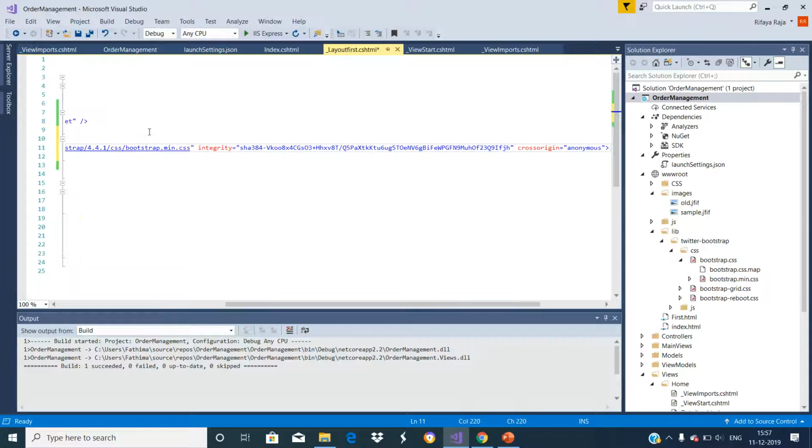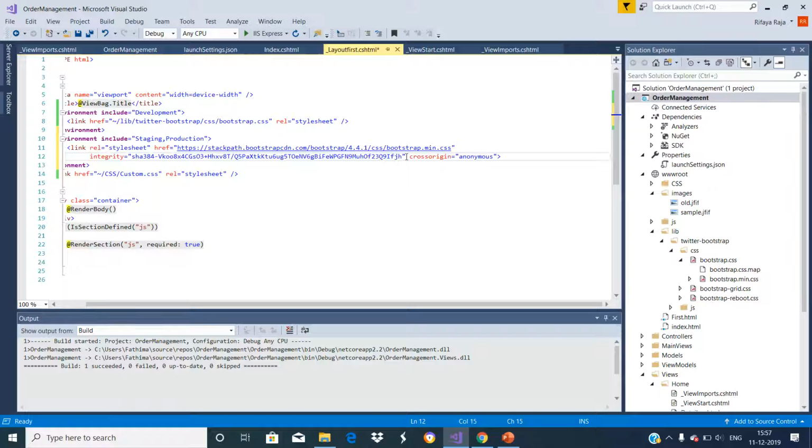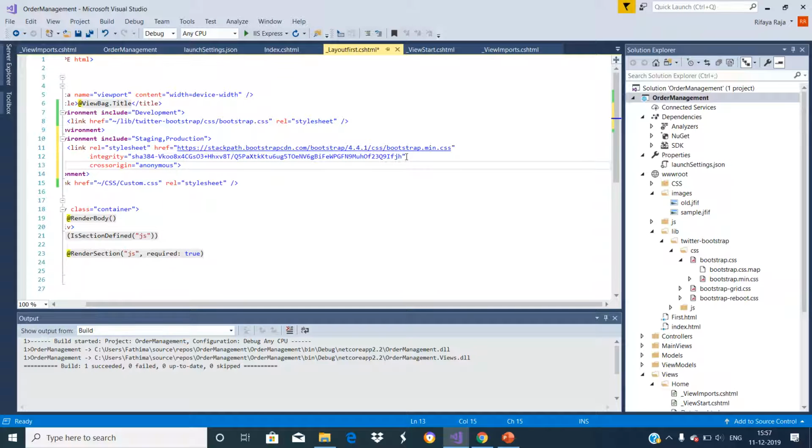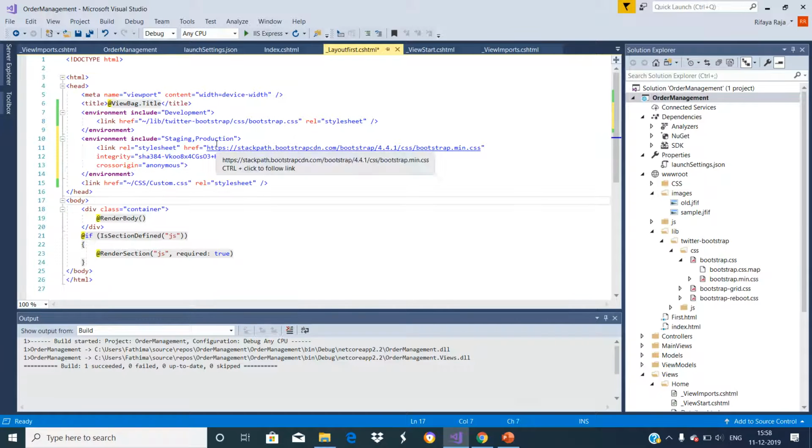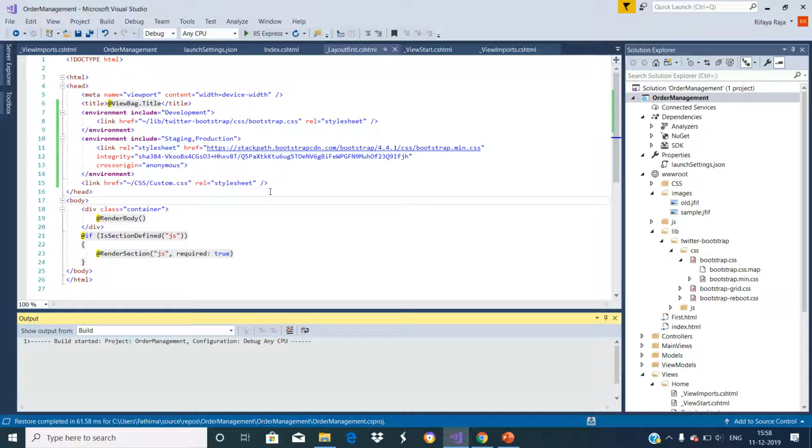So we have to paste the link that we have copied now. So for the staging and production, these things will load the minified Bootstrap CSS file from this CDN link. So with these changes in place, now let's run the application.